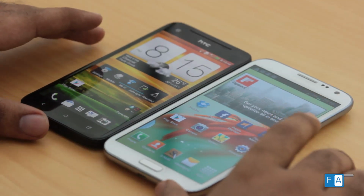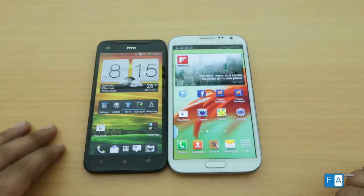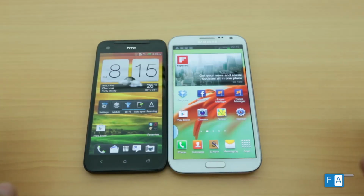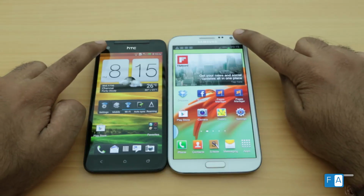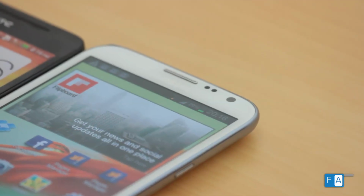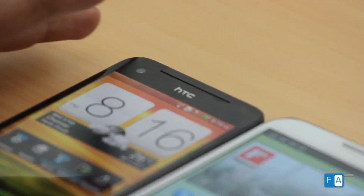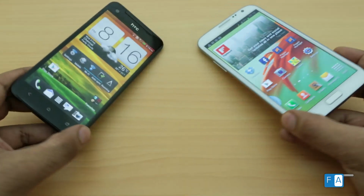So both have decent front and rear facing cameras. On the front side, both have almost a 2 megapixel camera, which are both capable of HD video recording. The HTC Butterfly has better front video capture than the Galaxy Note 2. The Galaxy Note 2 does only 720p HD video capture on the front, whereas the HTC Butterfly does 1080p even on the front camera. That's a good thing. And on the back side,